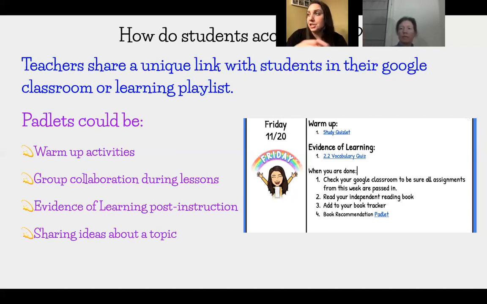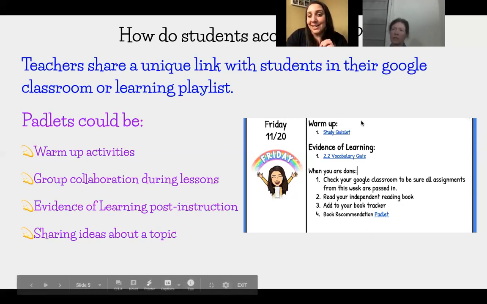The teacher can also share a QR code. We don't have iPads at Morse Pond. I know other schools may have them, but the QR reader can be accessed through the Chromebooks. I know it's easier for us because we have Google Classroom to share this right through a link, right through the Google Classroom. As you can see here, this is a piece of one of my playlists, and